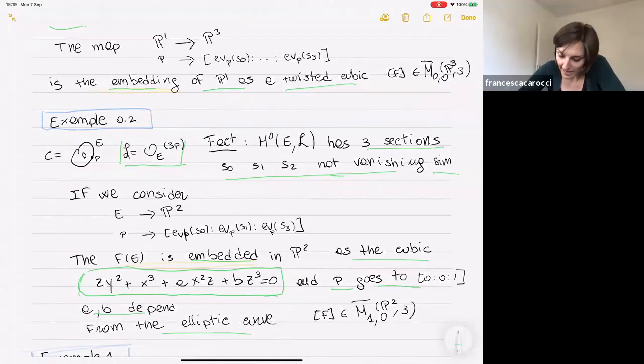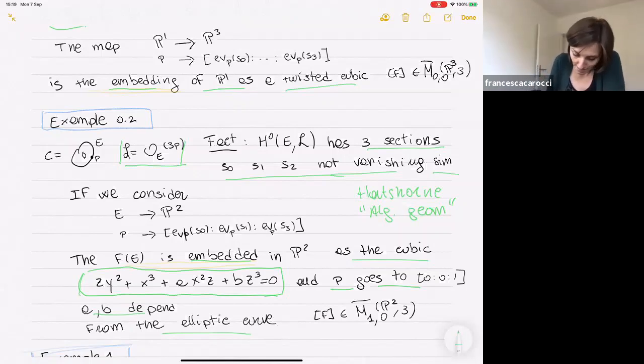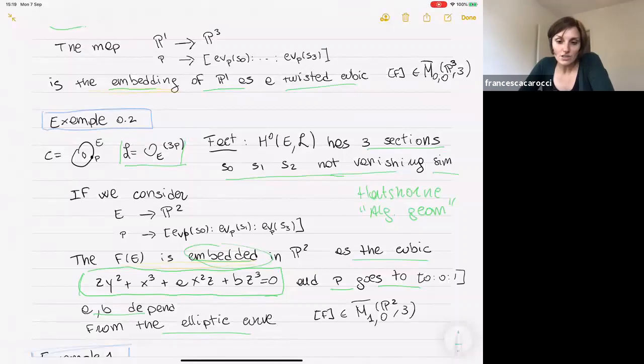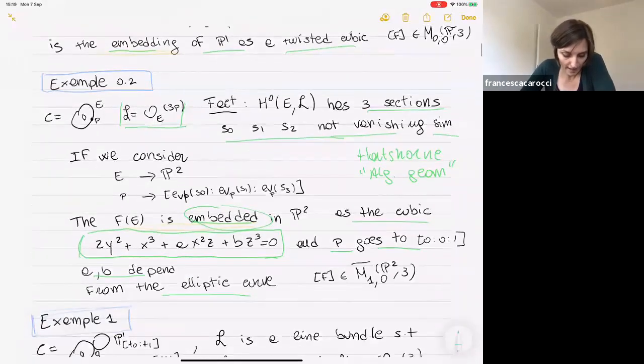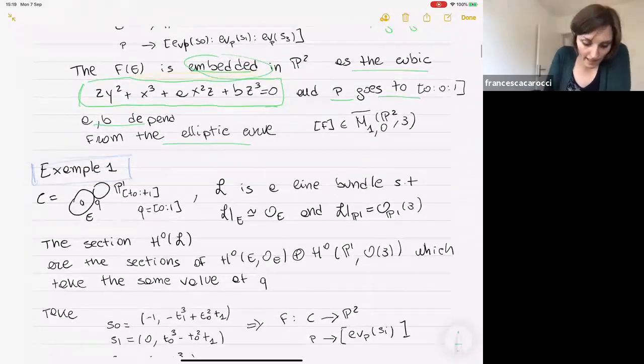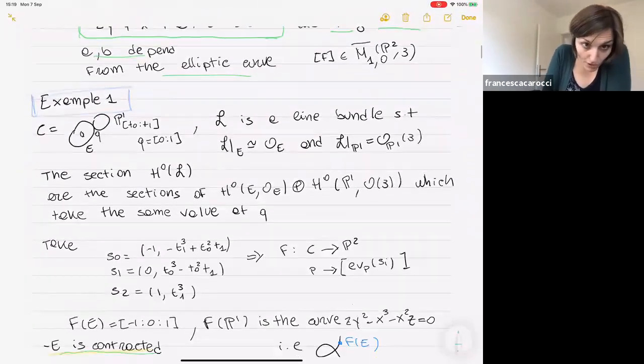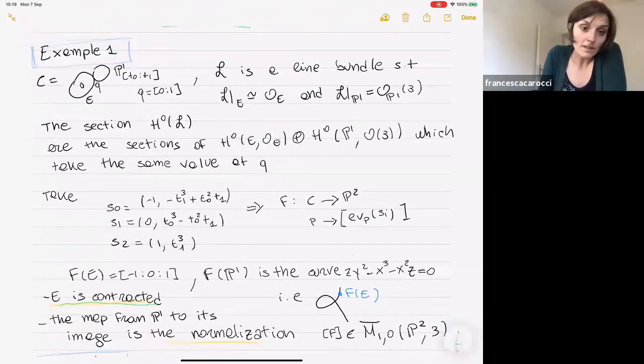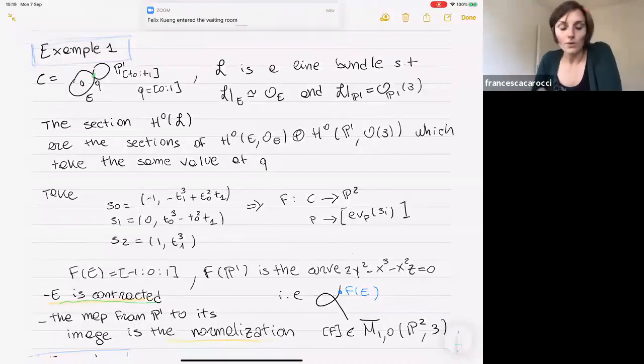If you want details of this example, you can find them in Hartshorne's Algebraic Geometry, in the chapter about curves. So this is again a nice map because it's an embedding. So let's see some other example. Let's now start from a curve which is a genus 1 curve with a node. And let's look at a line bundle which is